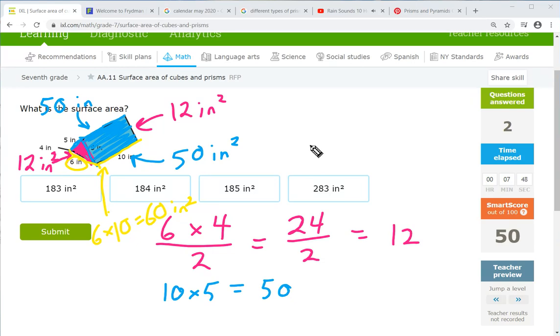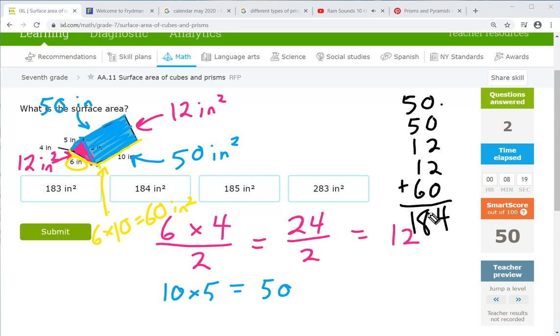So now to figure out the total surface area, we have to take all of these numbers here and add them all up. So let's do that. We have a 50, we have another 50, we have a 12, we have another 12, and we have a 60. And when we add those all up, we'll get a 4 here, and then 5 plus 5 is 10, plus 1 is 11, plus 1 is 12, plus 6 is 18, so we get